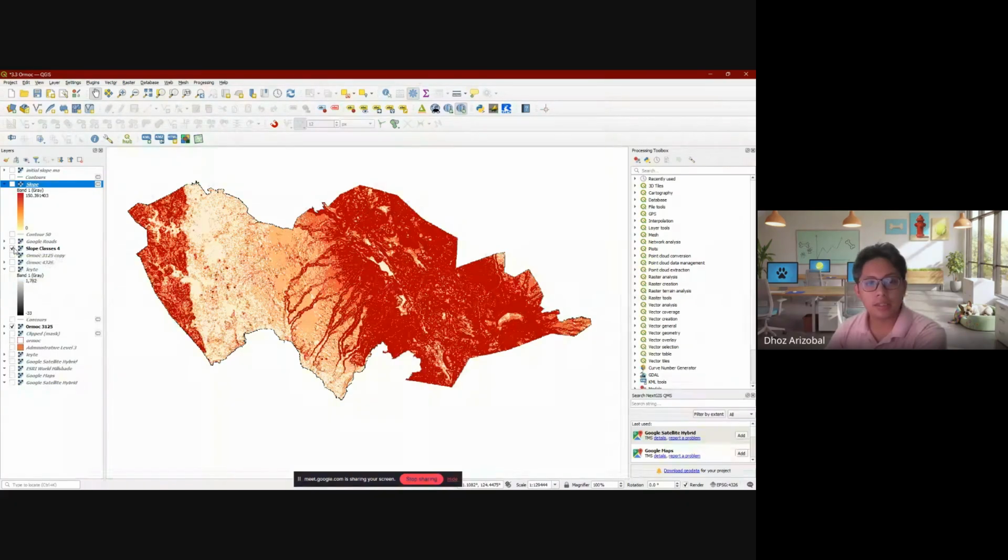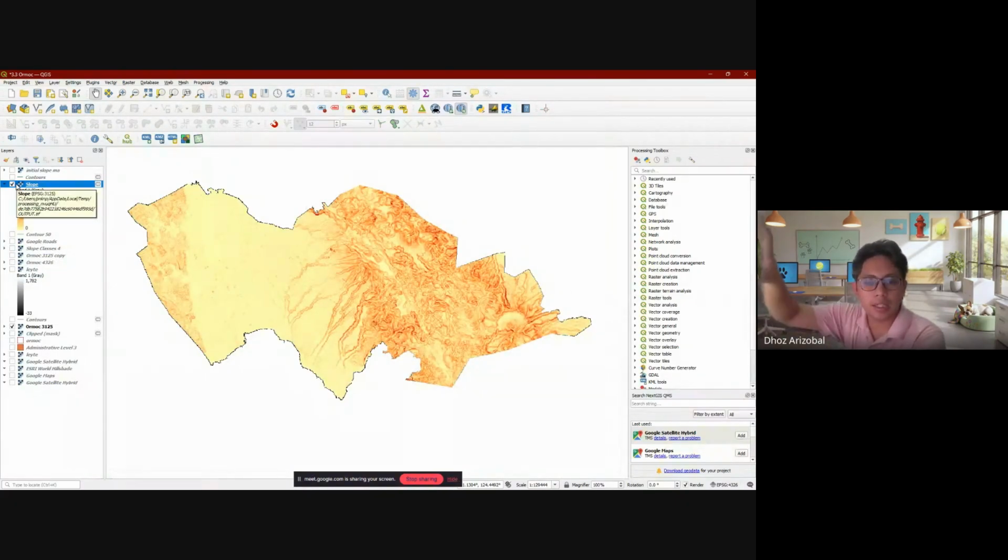So I still cannot easily identify which is which. I still cannot really define what yellow means. Is this really for cropland? There's yellow here, is it good for crops? So we want to analyze our slope. Looking at your data on the left side, your slope map is from 0 to 150%. That means every coloring is defined from 0 to 150, and we only want to focus on our classes.